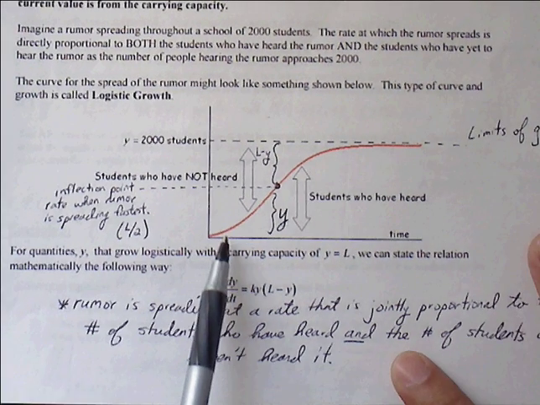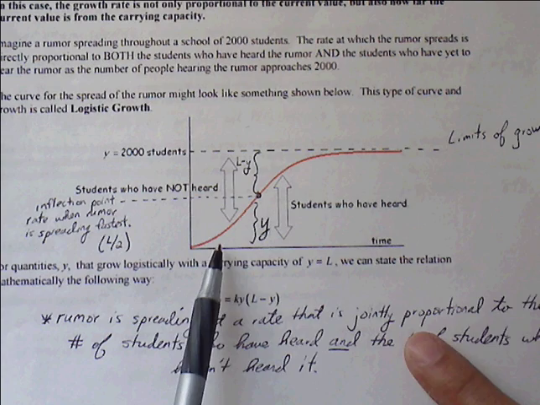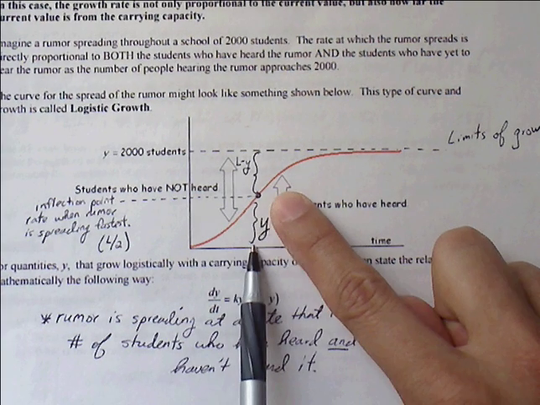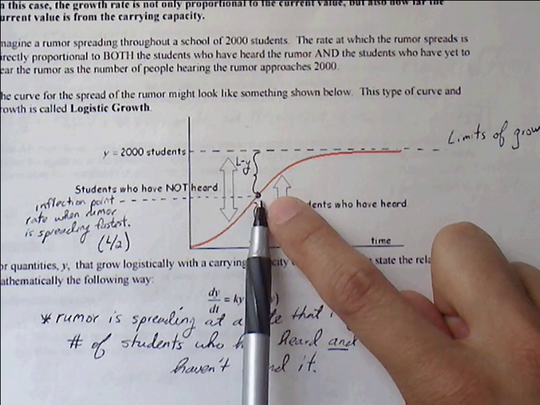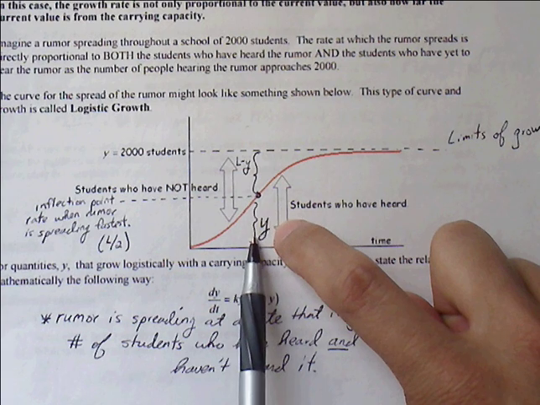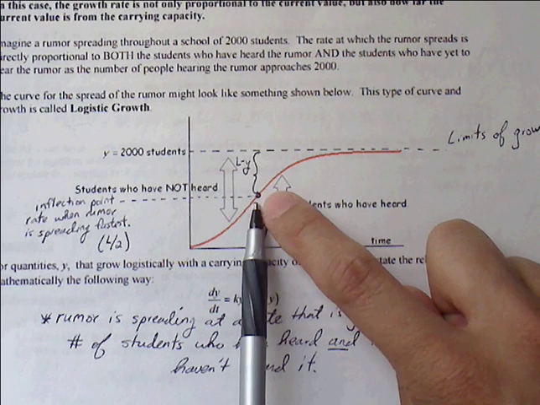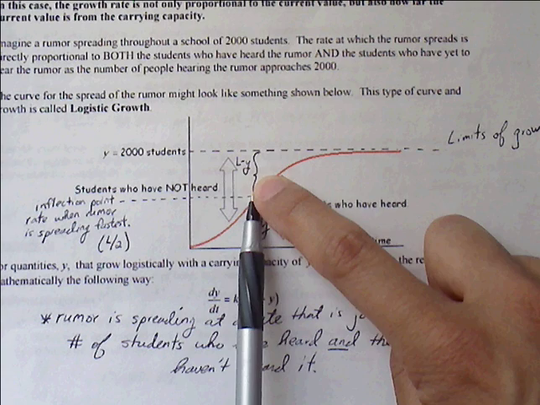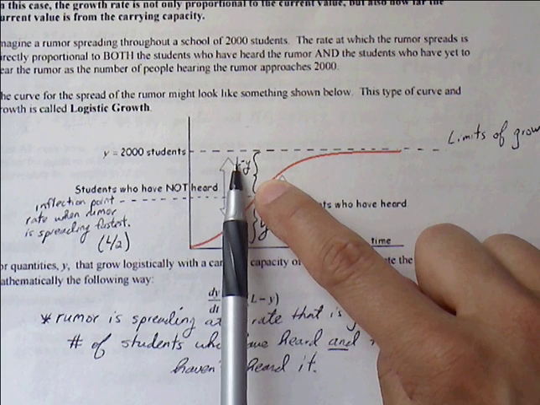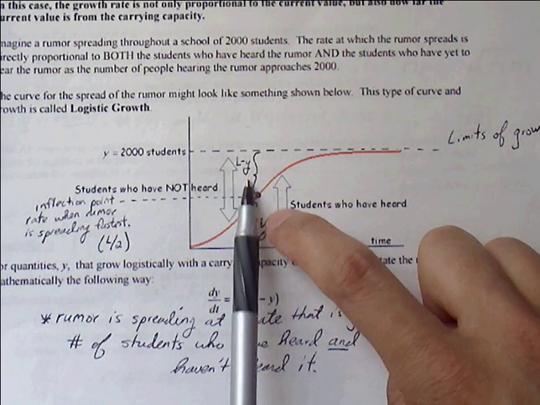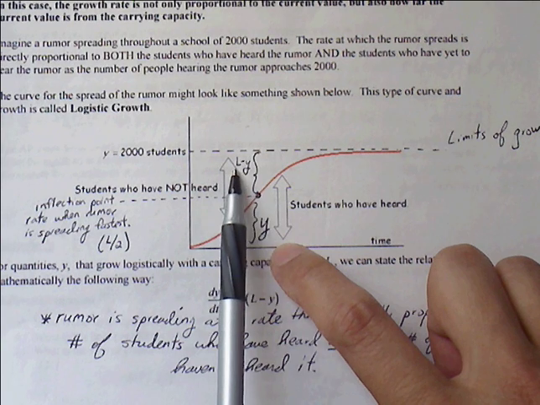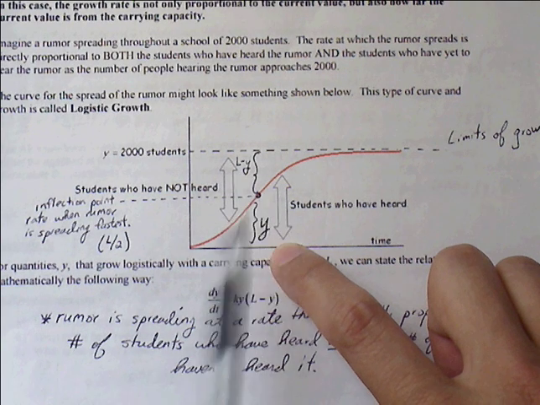Okay, getting back to this diagram with the rumor graph, we can think of this value as the y value. If this is the y value, then that means those who have heard the rumor. Then those who have not heard the rumor will be represented by L minus y. L being the total number, in this case 2,000 students, minus those who have heard, right? If y is students who've heard, then total students minus those who have heard would indicate students who have not